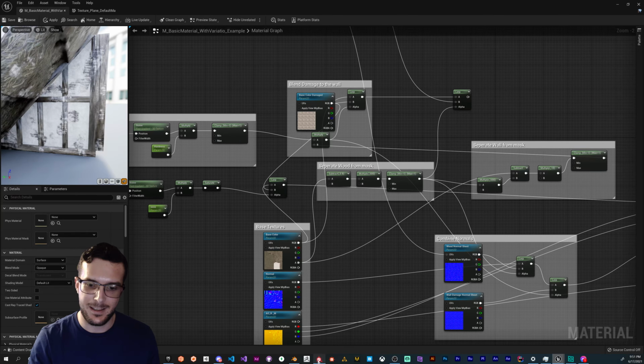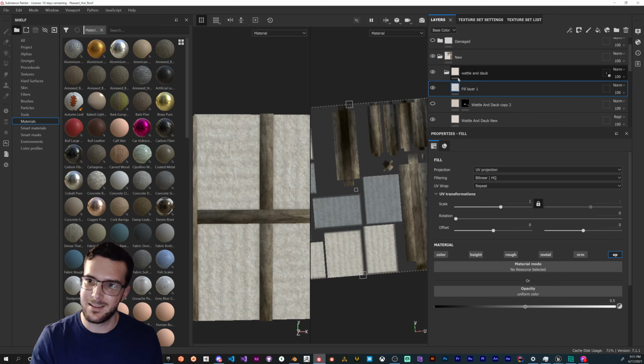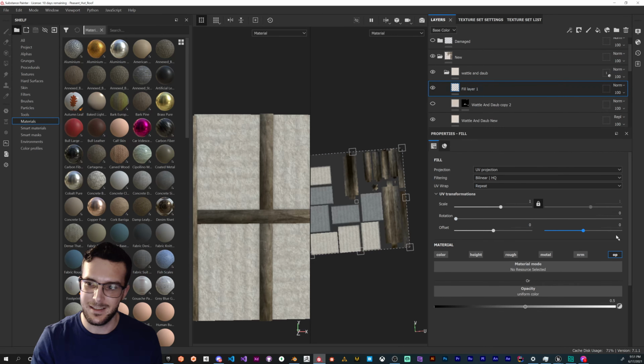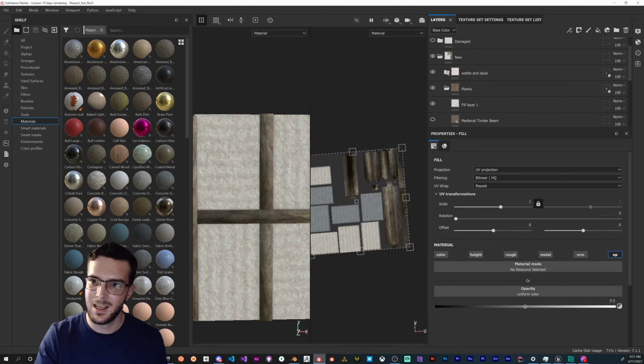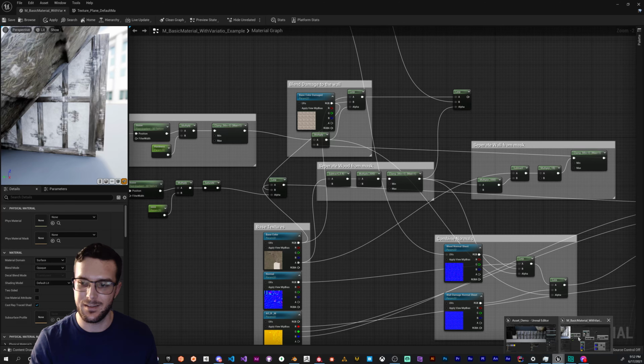And to do that, in Substance Painter, what I've done quite simply is I've taken the opacity channel and masked out the wattle and daub area in Painter, and I've assigned them an opacity of 0.5. And then the planks, I've assigned them an opacity of 1. And the thatch, I want to say, has an opacity of 0. And what that allows me to do here inside of Unreal